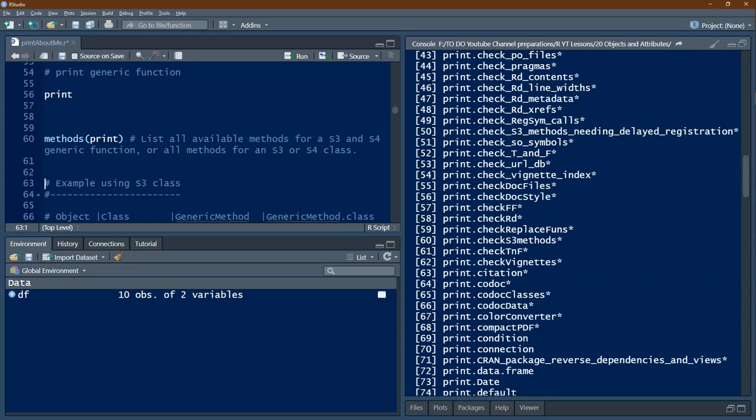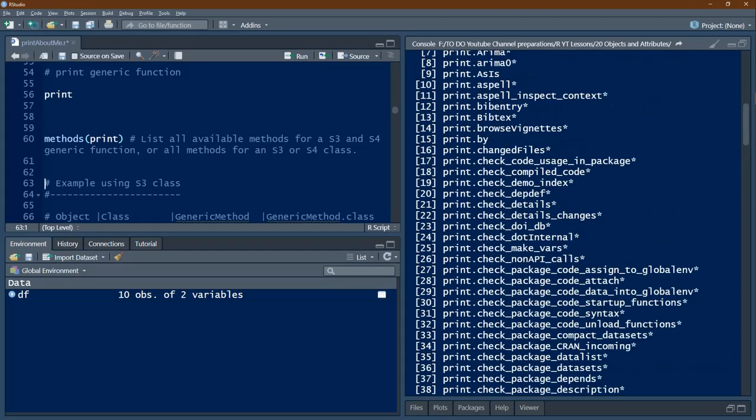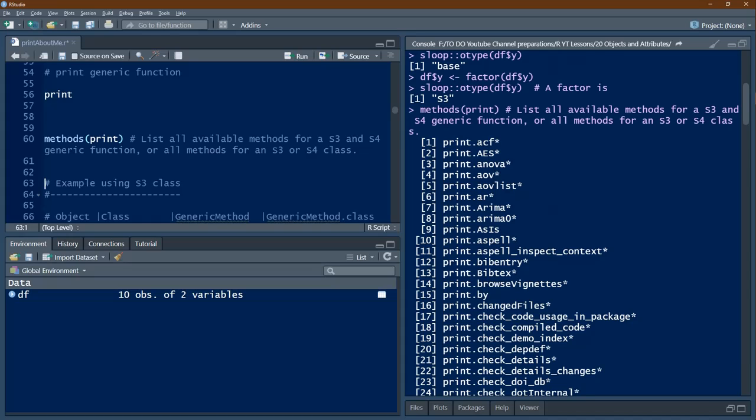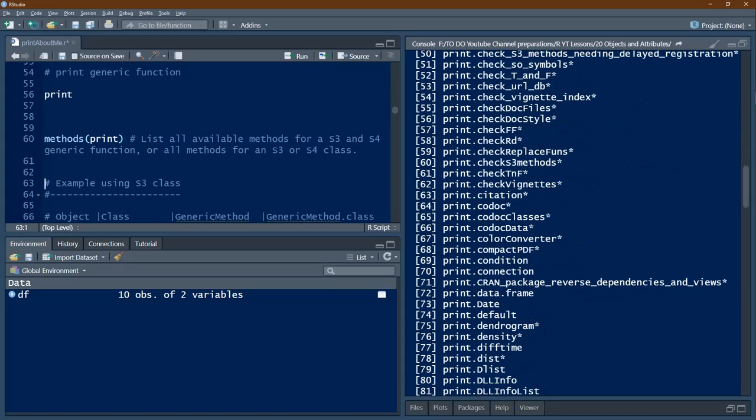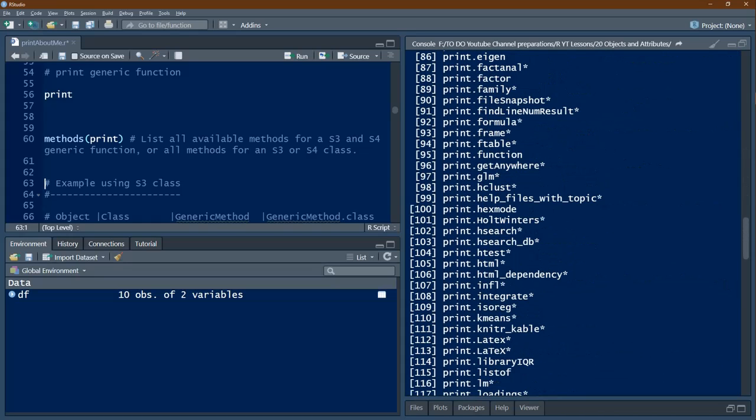When we give an object to the print function, that object in turn goes to the generic method, UseMethod, and that UseMethod will tell which method is to be chosen from this. So you see so many types of print functions already created. Out of these, one will be selected according to the object we are passing.